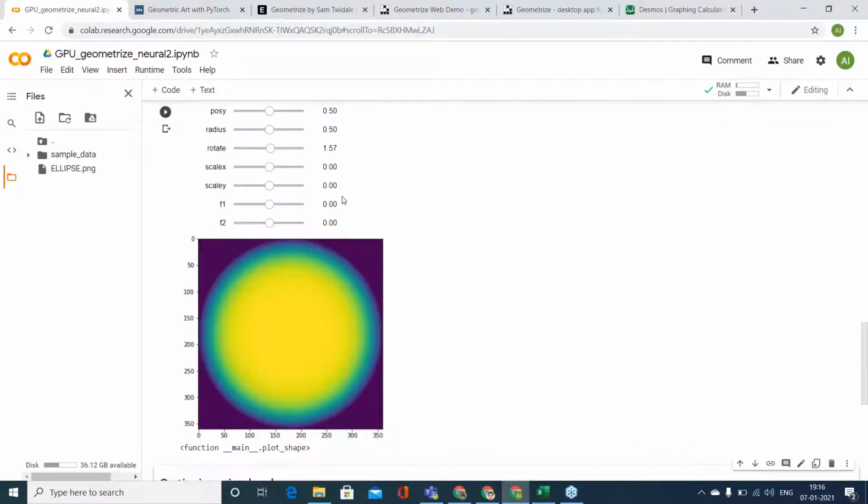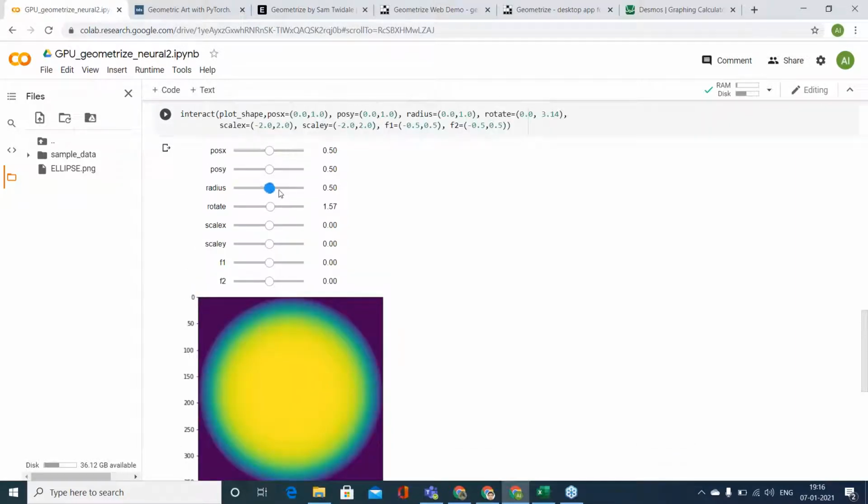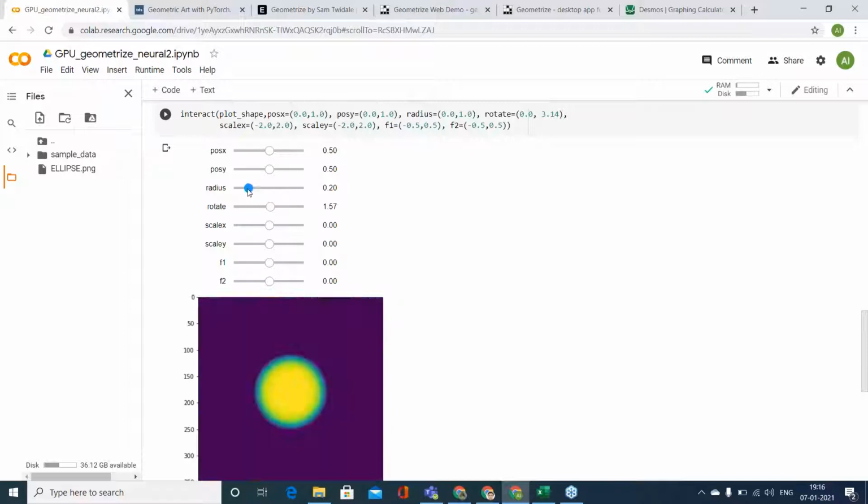If you're running the code, you can vary these parameters and see. I can increase the radius, I can decrease the radius. All these are my parameters. I can change the x position of the circle, I can change the y coordinate. It's gone up, gone down.